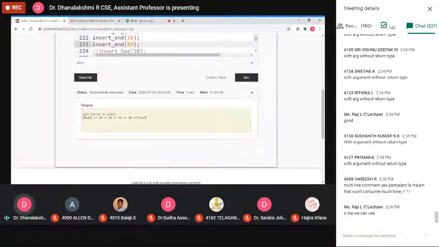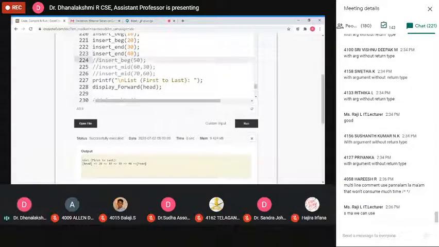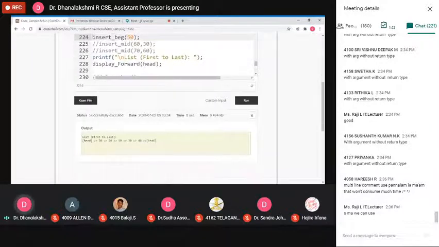Now 40 is inserted at the last position. Okay. So this is insert routine. Now next one. In between, I am calling the function begin once again. Okay, beginning. Node inserted at the beginning of the position. Now the 50 will be inserted at the header position. Now the list is 50, 20, 10, 30, and 40. This is our new list. That is updated list.